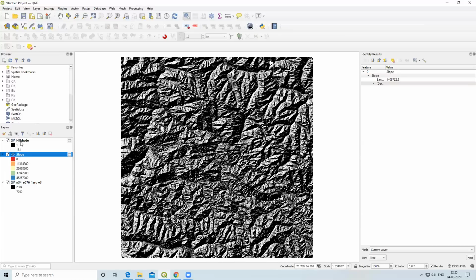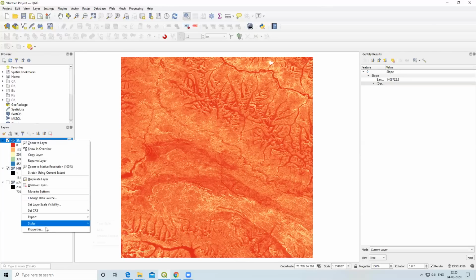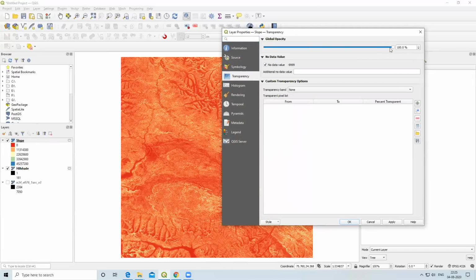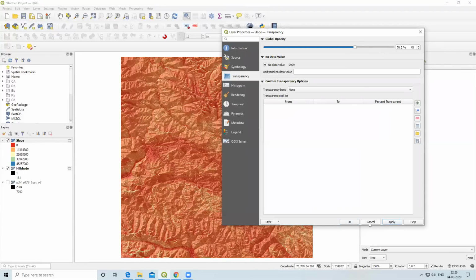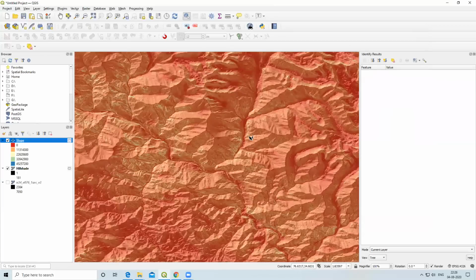To make it transparent, I will move the hillshade map below and the slope map above. So we'll make this slope map transparent. To do this, I will right click, properties, and I will make the slope map transparent. Apply and OK. Now you can better visualize this slope map.